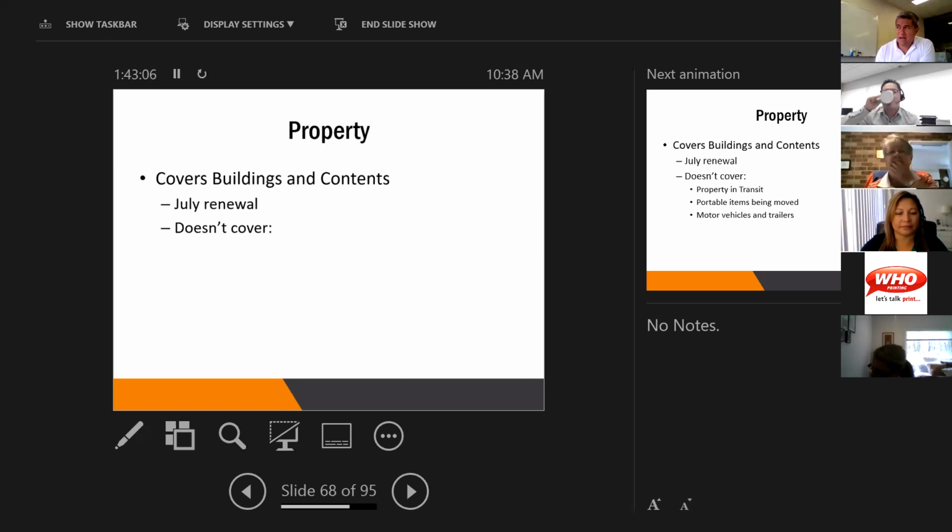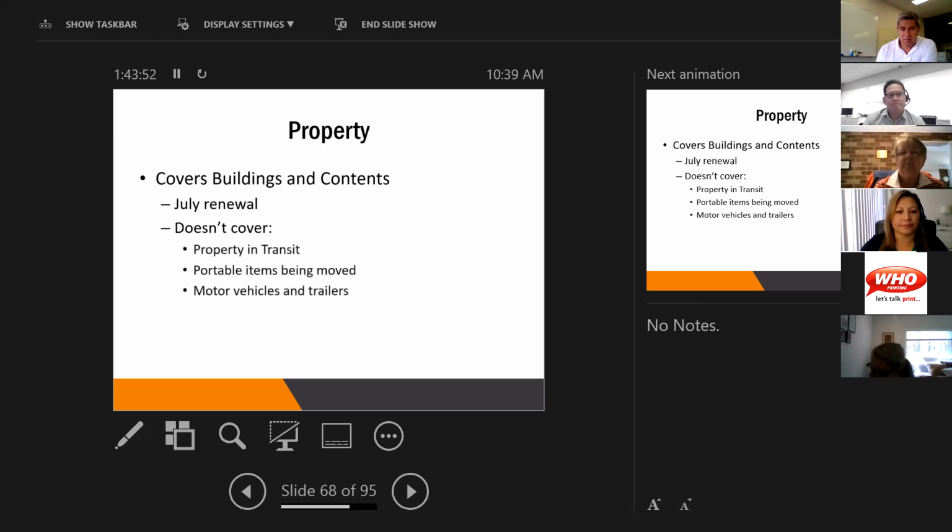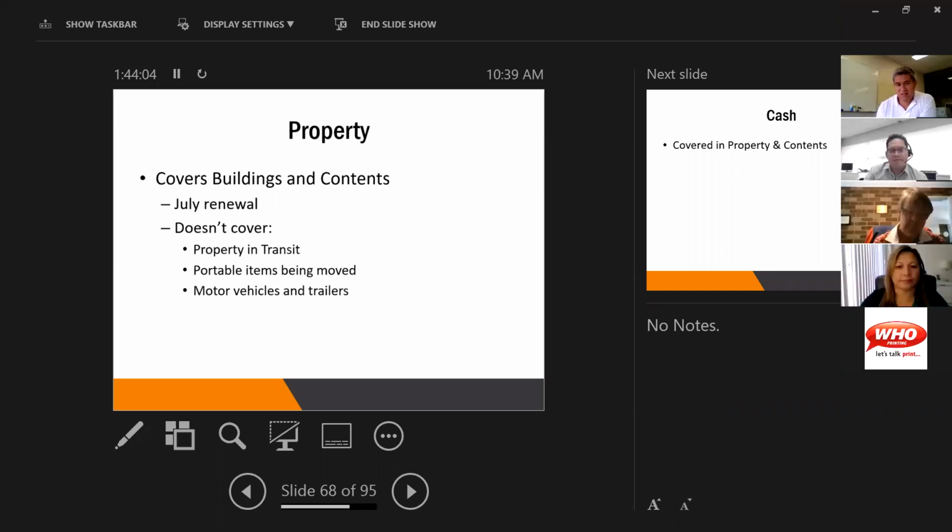At the moment, RMS have engaged Marsh, which is an external insurance consultant, to come out to all of our churches to survey the property to make sure that the current building coverage is adequate to rebuild if there is ever a fire or an earthquake or something along those lines. So some of you would have already had the Marsh consultant come out, and we're noticing some of the amendments that are starting to come through. So one thing to note with the property coverage, it doesn't cover property in transit or portable items or motor vehicles and trailers. So these have to be specifically